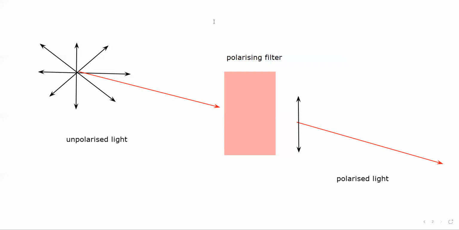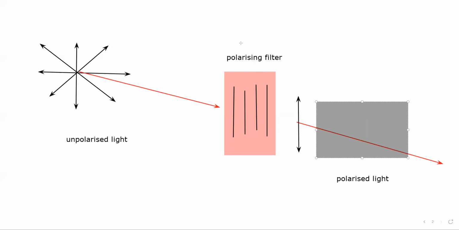So polarizing filters, different types of materials have a polarizing capability. Some of the materials have a tendency to rotate the polarized light. Some of the materials just absorb all the planes and only allow the component which is parallel to the plane. So example, when I place the first polarizing filter, it was having a vertical plane. Then in front of this, I place another polarizing filter which is having a horizontal plane.